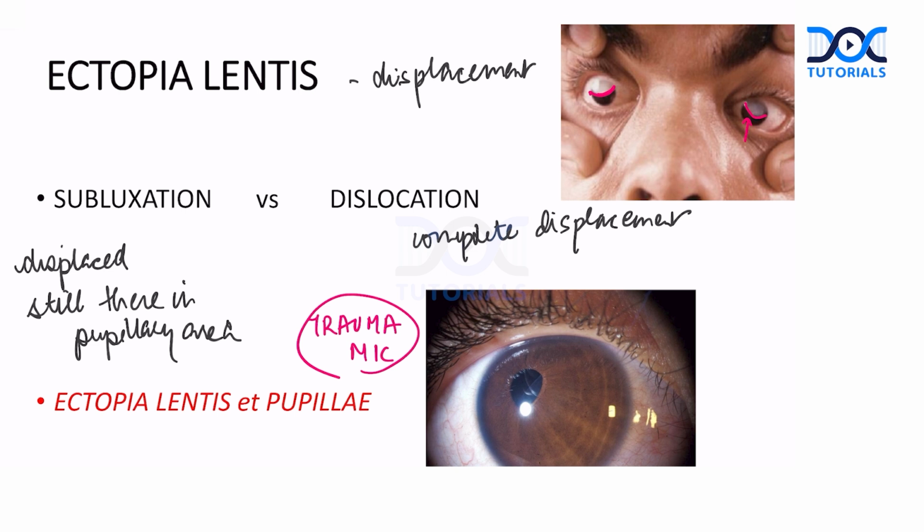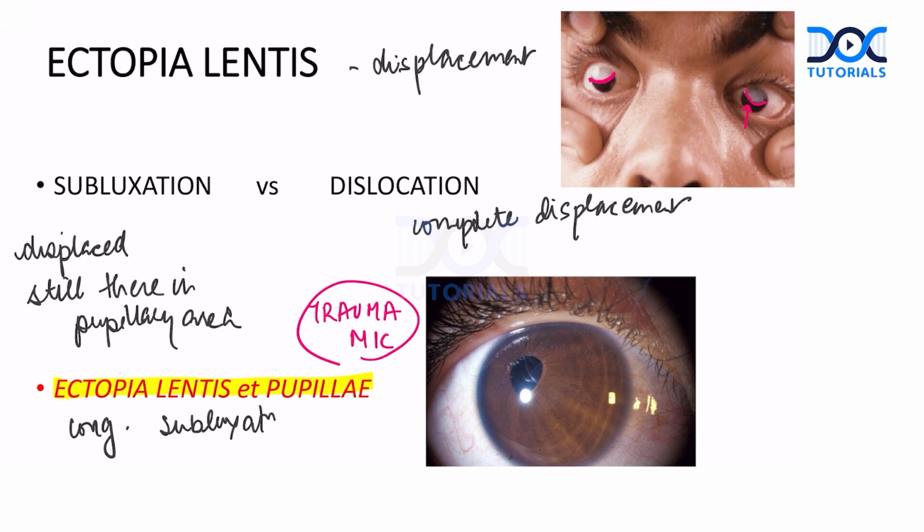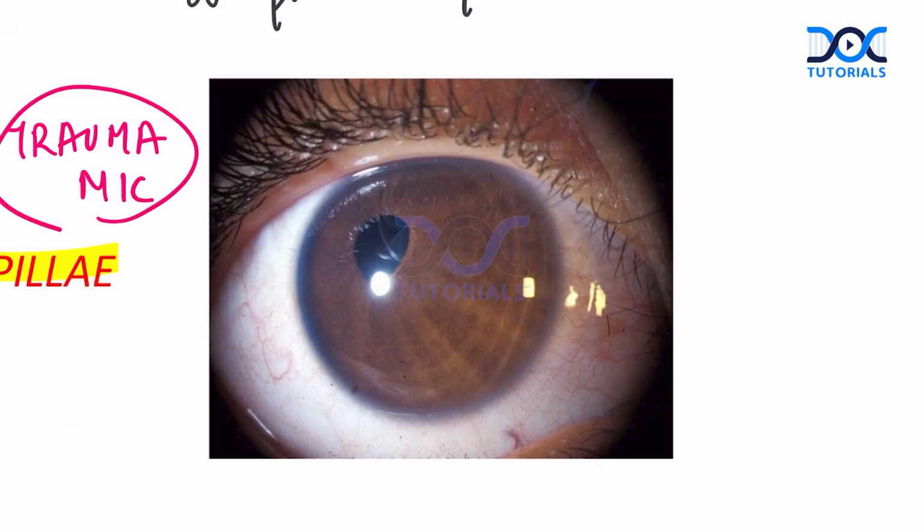Right. Now, there is a very famous question, a very famous term. What is ectopia lentis et pupillae? So remember, guys, this is a congenital condition. There is a congenital subluxation or a congenital displacement of the lens where the lens is going opposite to the pupil, where the pupil moves. Now you will say, ma'am, pupil doesn't move. Yes, but see this picture, you will be able to identify yourself. Can you see there is a pupillary notching? Isn't it? The pupil is gone supratemporally. Yes. So this is your pupillary notch.